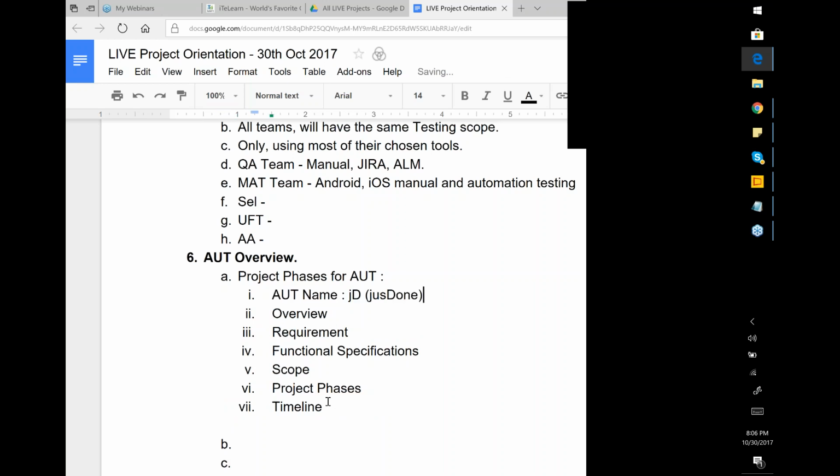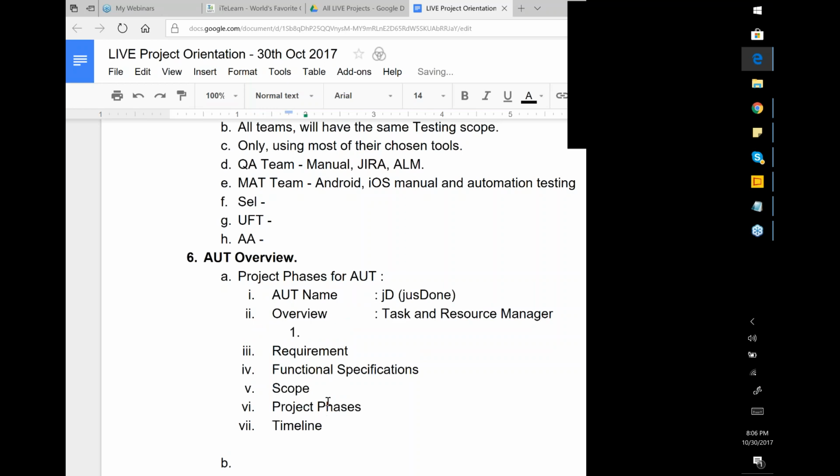Okay, so this is the application name, everyone, and at an overview, what is it? It is a simple task and resource manager. That is what this application is all about. Okay, and it needs to be deployed on